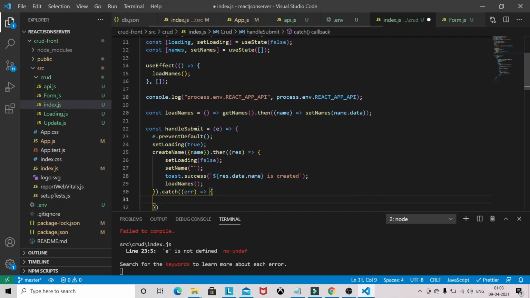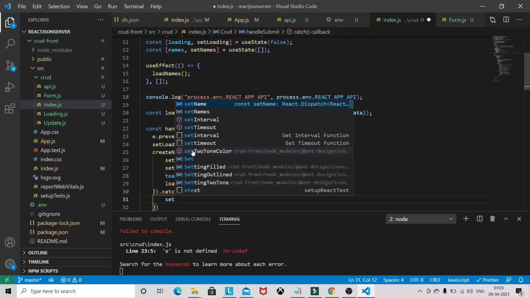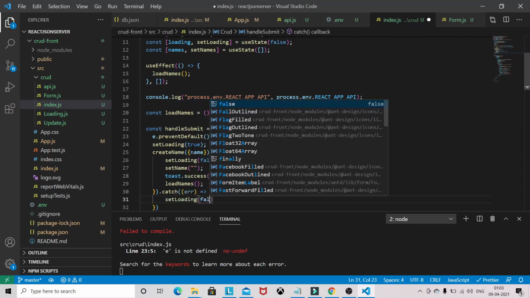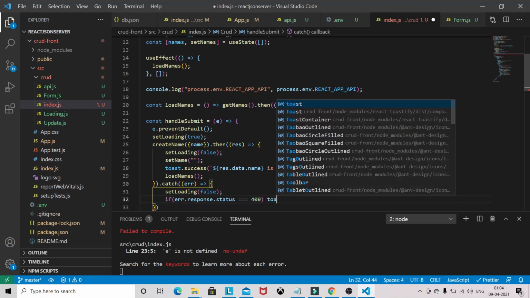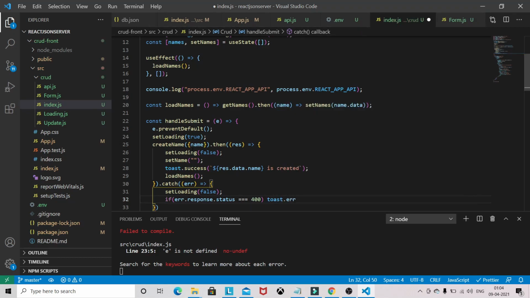And in case we have any error, I will come here and setLoading to false in that case also. If error.response.status is 400, toast.error with error.response.data.